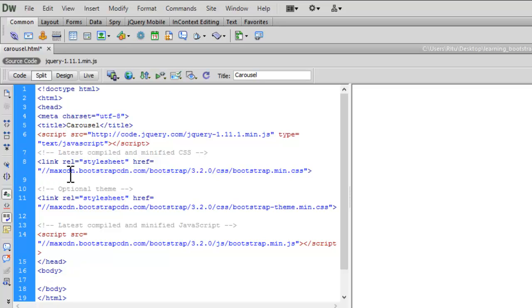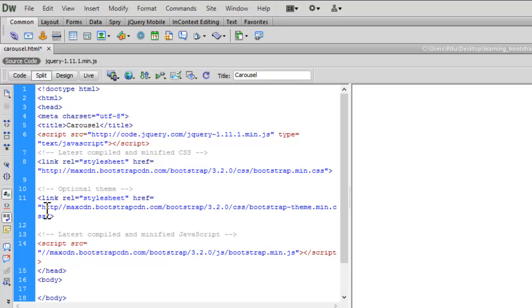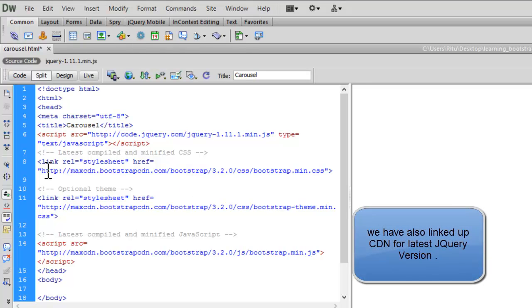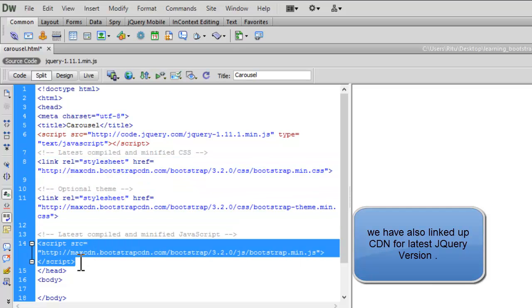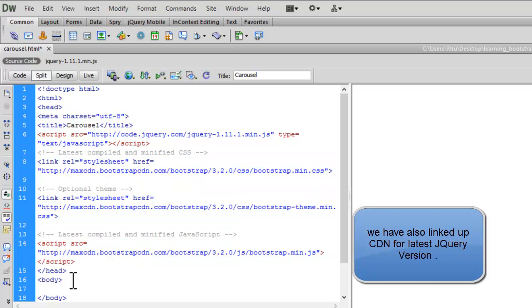One more thing I would like you to do is add http: before these files, as they are missing it. So now we have linked up the 2 CSS files and 1 .js file for JavaScript, as we also need